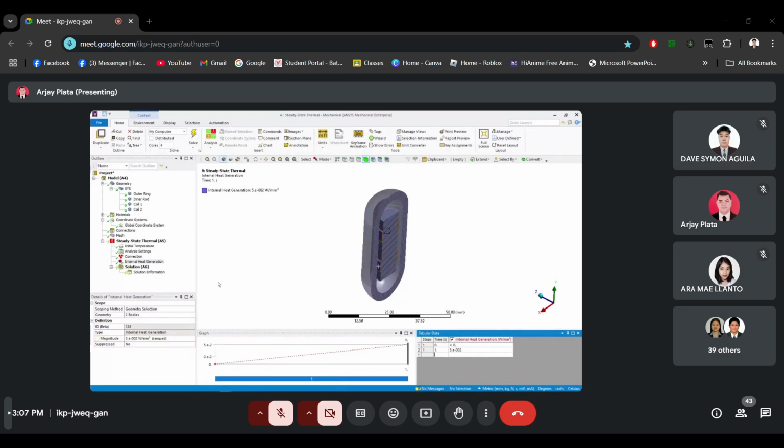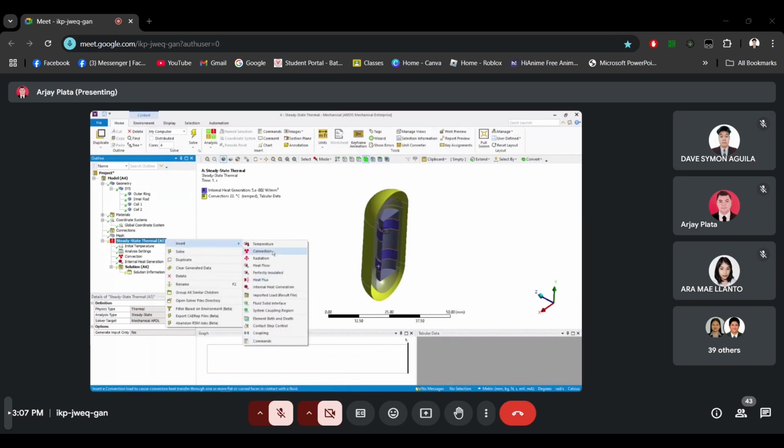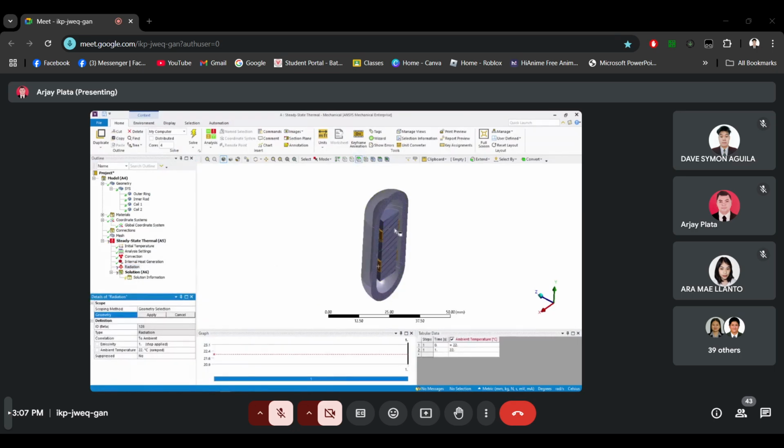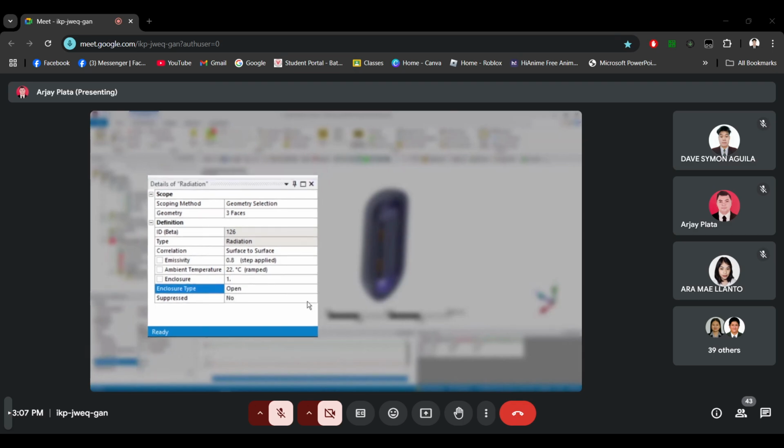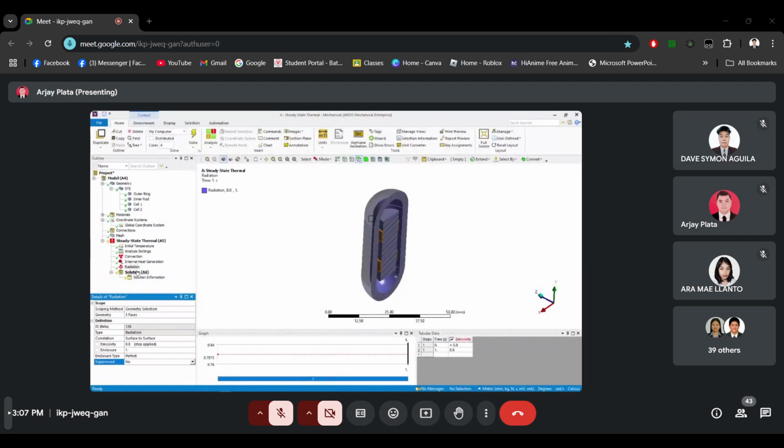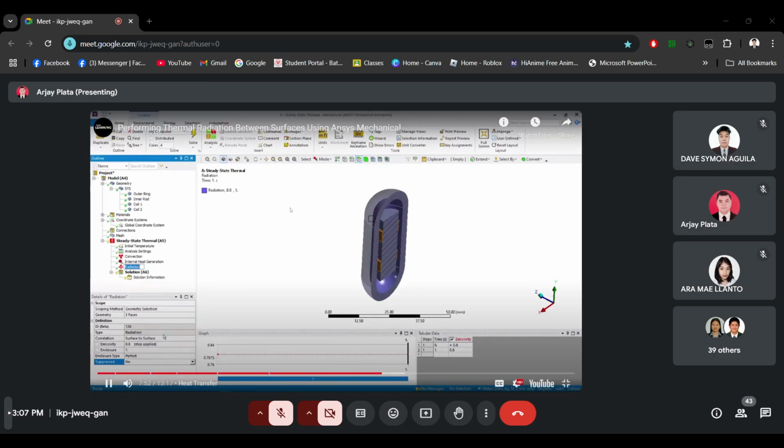Next, let's define radiation boundary conditions starting with the capsule. Select all the inner faces of the capsule and define a radiation boundary condition. Change the correlation to surface. Set the value of emissivity equal to 0.8. Change the enclosure type to perfect and make note of the enclosure. Rename it to radiation capsule so it's easier to identify it in the model tree. Next, let's define radiation on the steel cylinder. Select all the